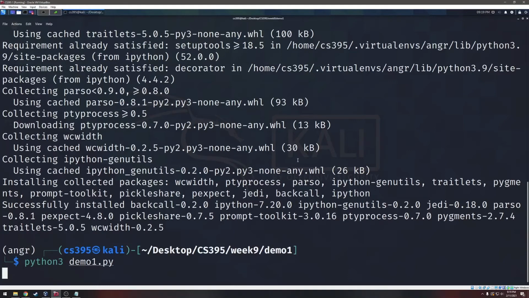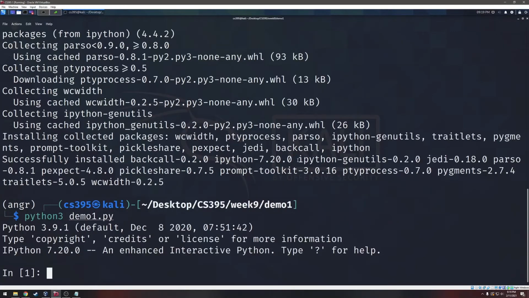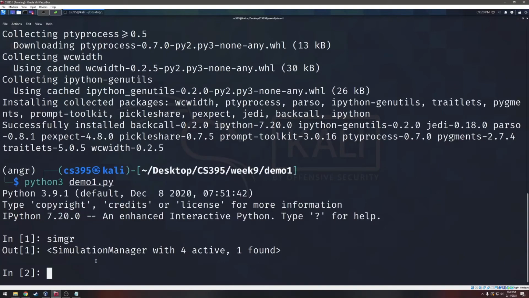And this might take a little while because Angr has to do some serious math, some serious thinking. All right, and we're here. So what you're looking at is a Python interpreter. You might wonder why this is useful, but this is an interpreter within the context of the script we just ran, which means we can access the variables of our script. If you remember, we had a simulation manager named simgr, and we can check that out, and we can see it has